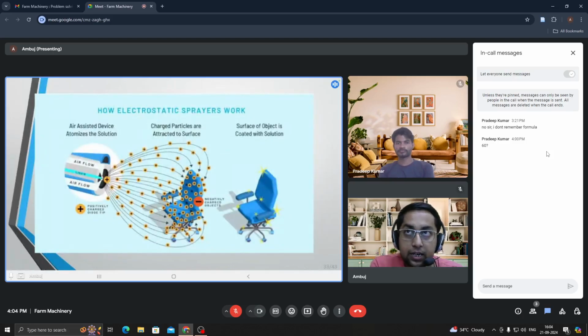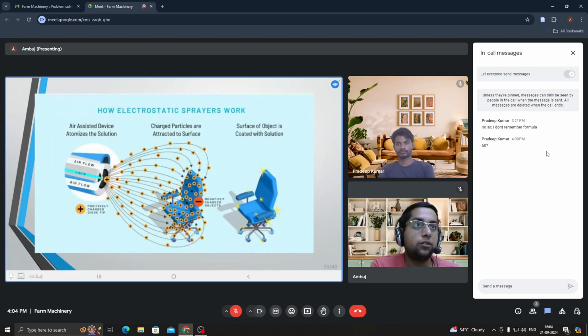See here, airflow is there and a liquid is there. Both of these will work simultaneously, and the charge has to be induced inside the liquid, so that from the opposite nature, the attraction happens due to Coulomb's law of attraction. Two charges, when separated by a distance r, are pulled towards each other, and the Coulombic force